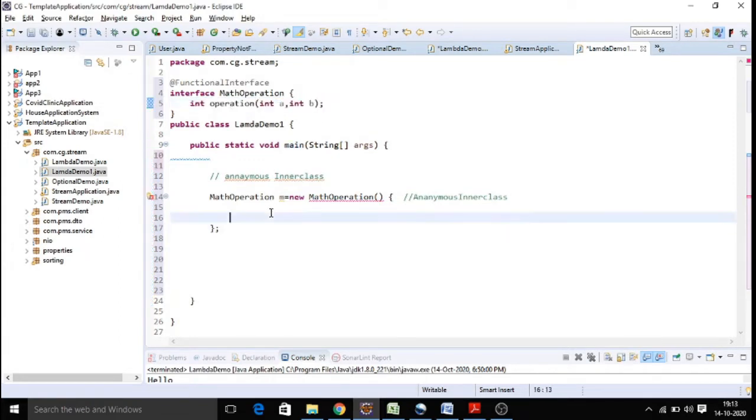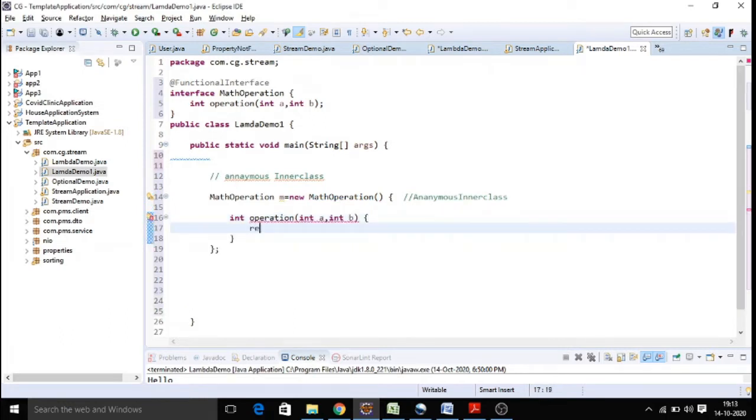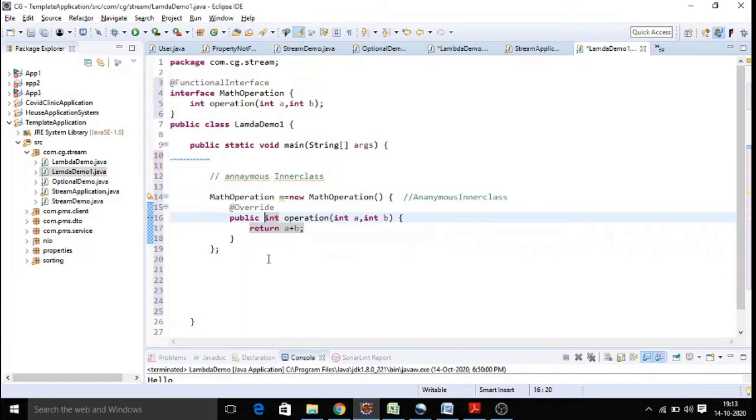I'll just write the method, and then I may do a plus b, a minus b, any logic I can do. We are always overriding this method, and it should always be public as we are overriding the method of an interface. This is the number of steps you need to write whenever you want to override it.